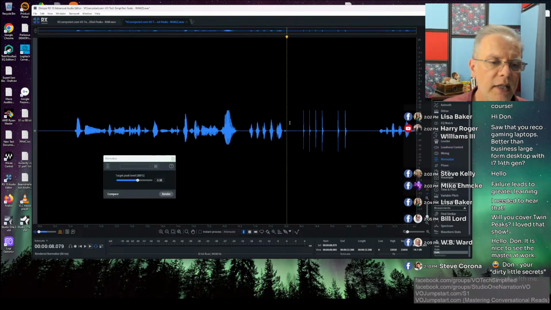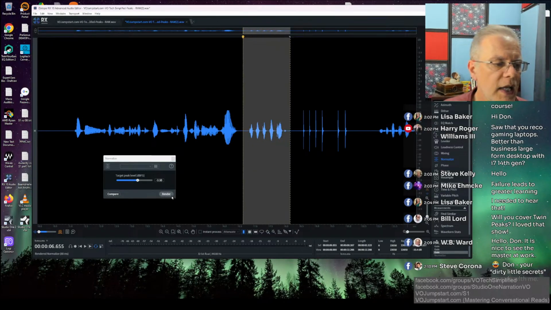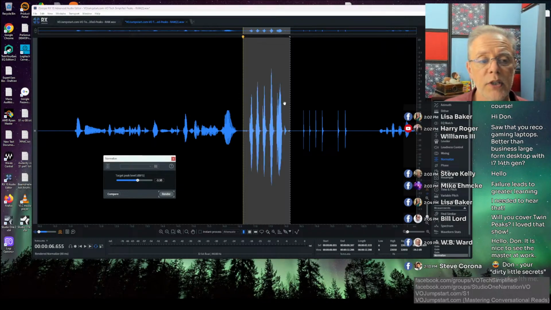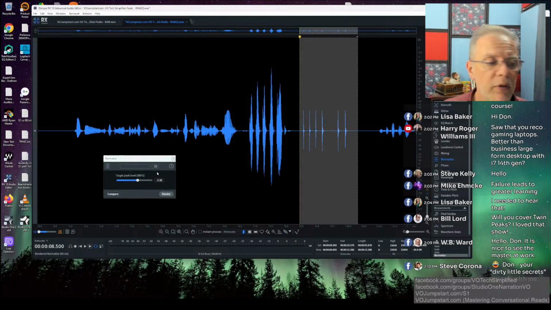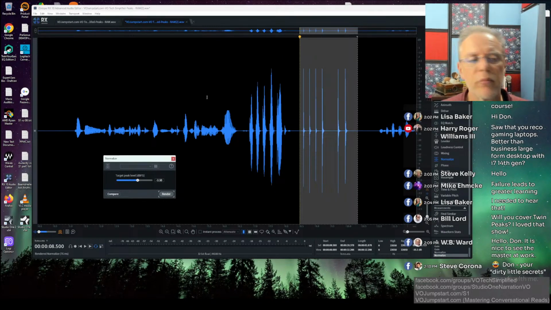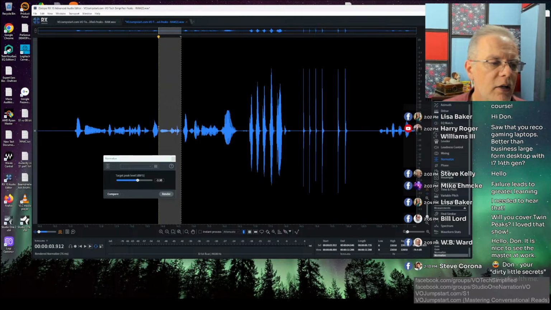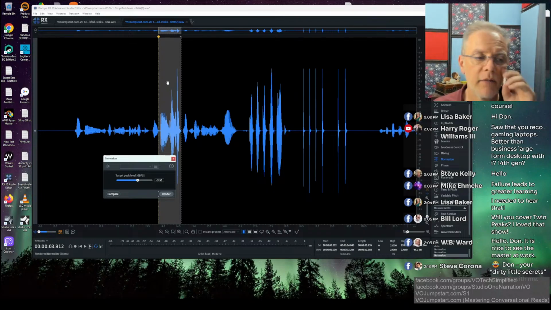But if I take just a little section and I do the same thing with normalize, it's going to bring this section up differently than it would bring this section up. They will end up at the same peak, but not the same volume in terms of perceived volume when you're listening back to them. And it just depends. If I were to take this little tiny segment here, which was quieter, and I normalize it, it's going to come up because it found the one peak within that.